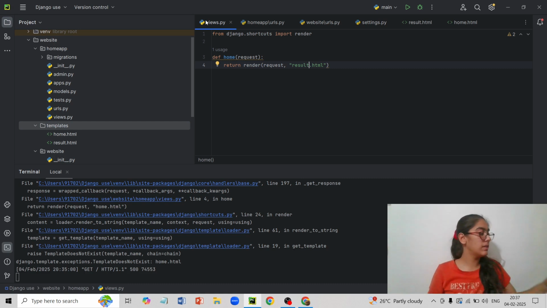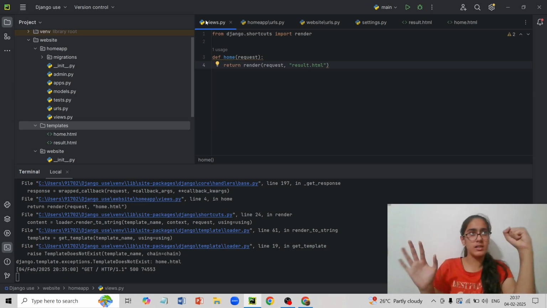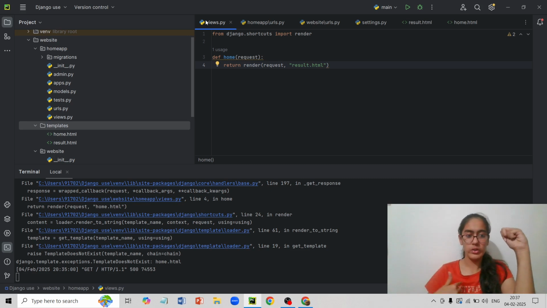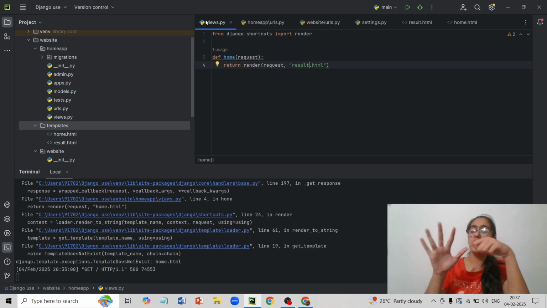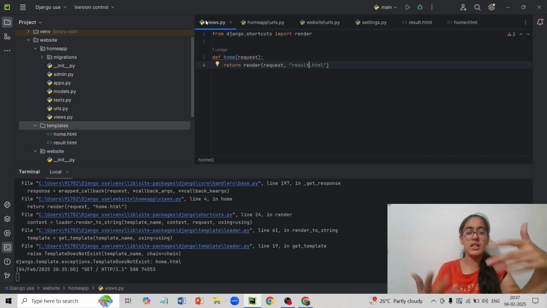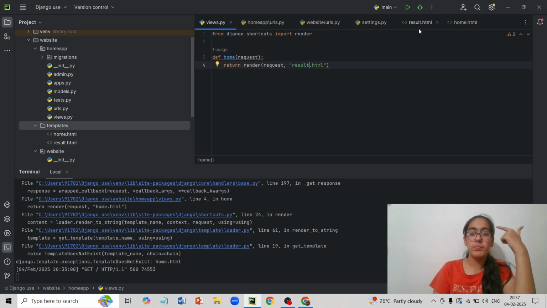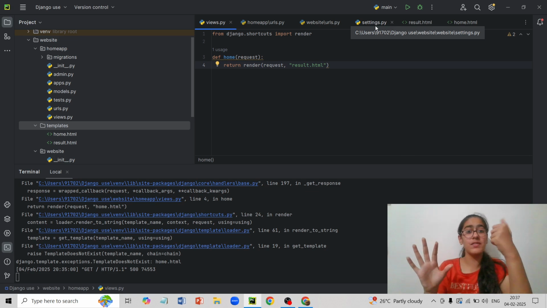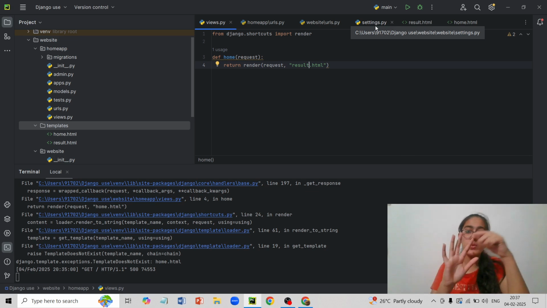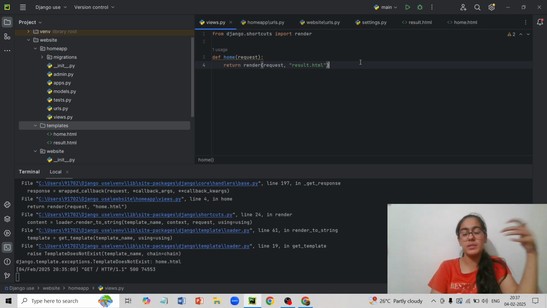Like for example, if there are 5 fingers over here, and this is, let's say, a nail cutter. The brain told you to bring all 5 fingers near. Now the nail cutter has to choose which one to cut first. So this is what is happening here. The settings is telling the templates to call on all the templates over here, and the views has to choose which one of the templates to use first. So this is basically a nail cutter thing in daily life.